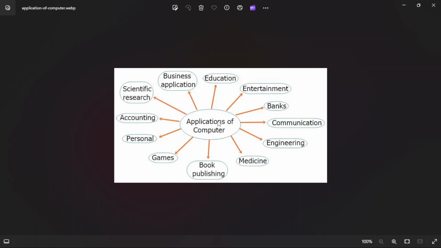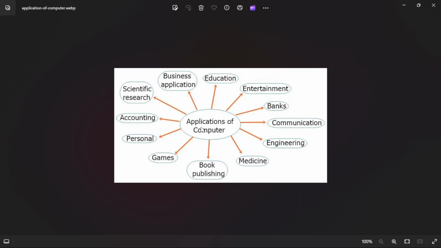The computers will be able to do that task very well, but then they can be used in business applications. For example, to manage inventory and to communicate online, you use computers, and then scientific research. You can use computers to make calculations and to store scientific data, but then you can also use them in accounting. For example, if you use accounting software like